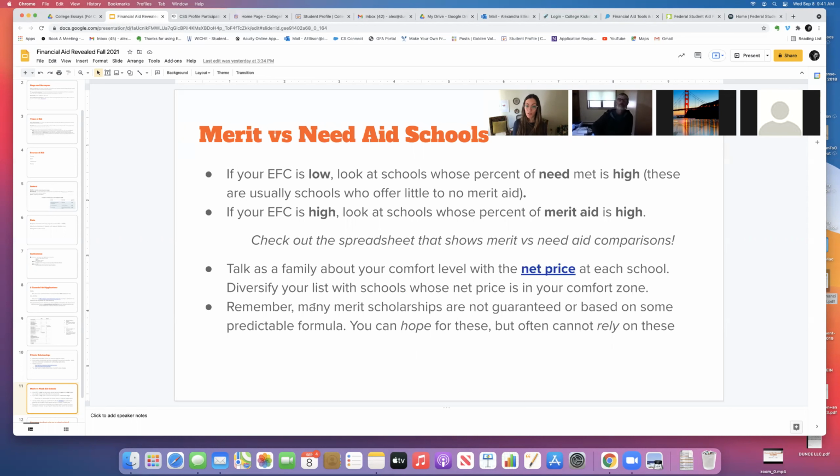This is the time we need to modify it, because once you start filling out applications, and your student's working on all their essays right now and filling out applications, you don't want to change a lot after that point. Now with the FAFSA and the CSS profile, as I mentioned, you do have to list the schools they're applying to, and that's next month. And if you add new schools after that, you've got to remember to go back and add them to the applications. People forget to do that all the time. So any school you apply to has to be on the application if you're applying for financial aid.